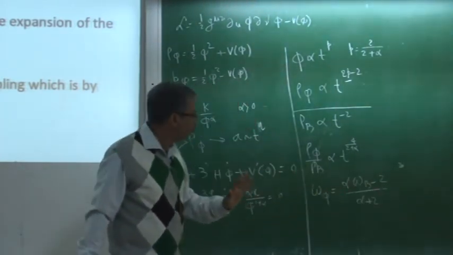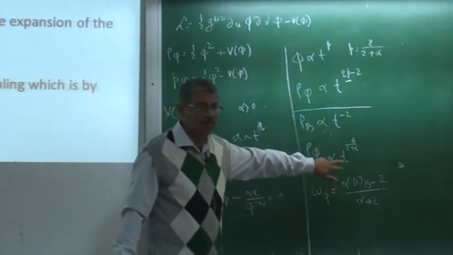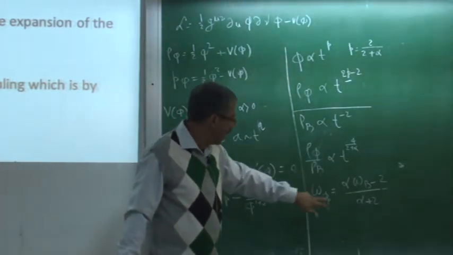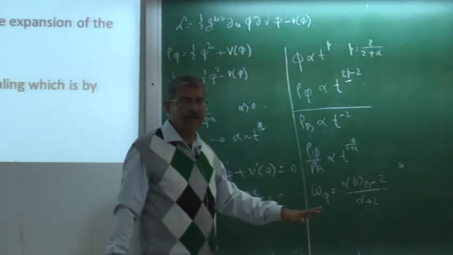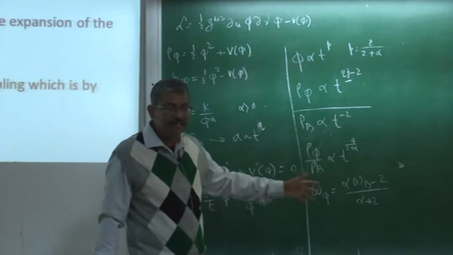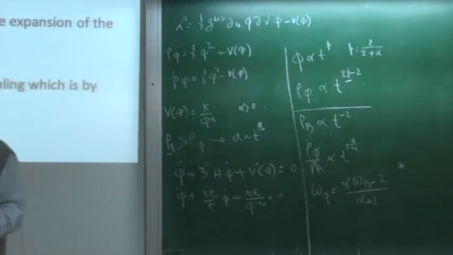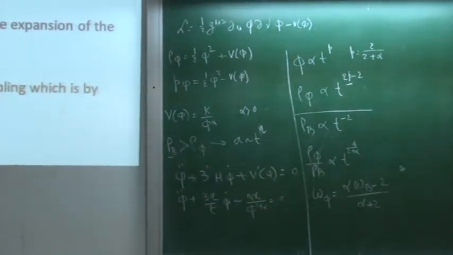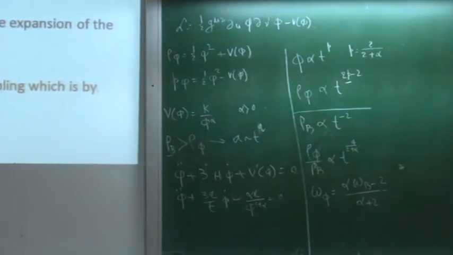So what do you have? Two points. One is that this rho phi will automatically start dominating, and omega phi, once matter domination starts, will automatically become negative, so that it starts behaving like a dark energy. There is no fine tuning, no initial condition problem. It's just that the potential is such that it actually has that behavior. Okay. So as I said, this is a kind of tracker model.